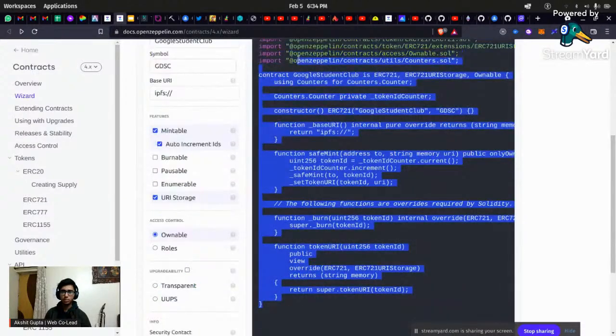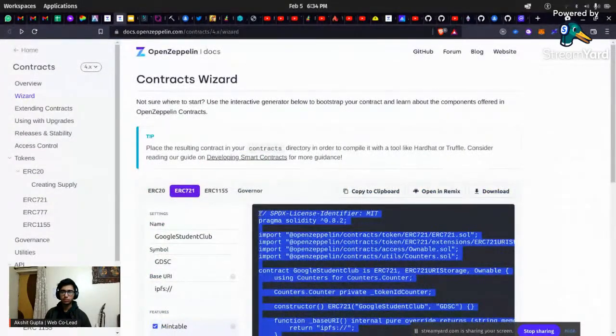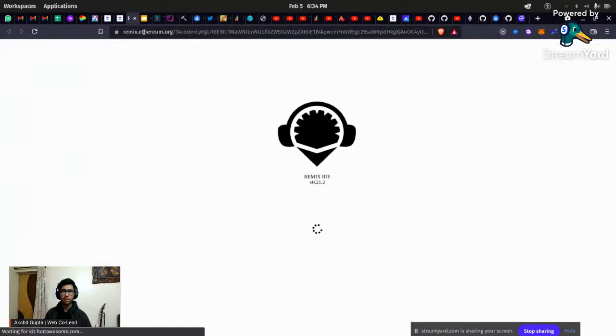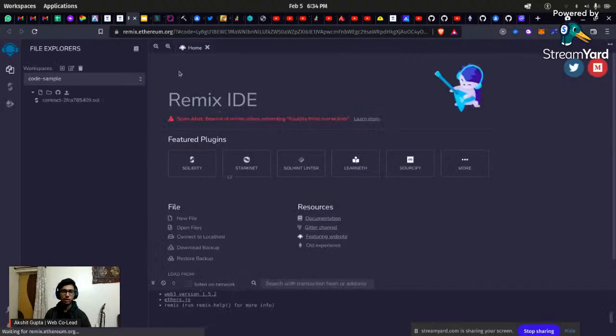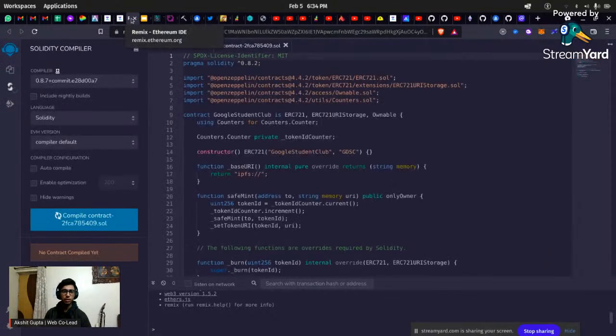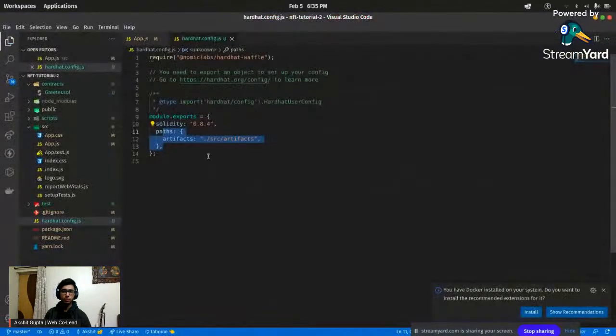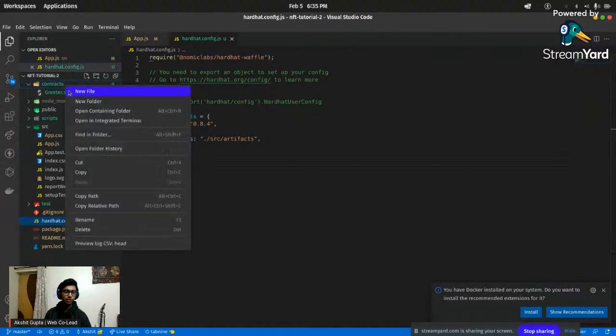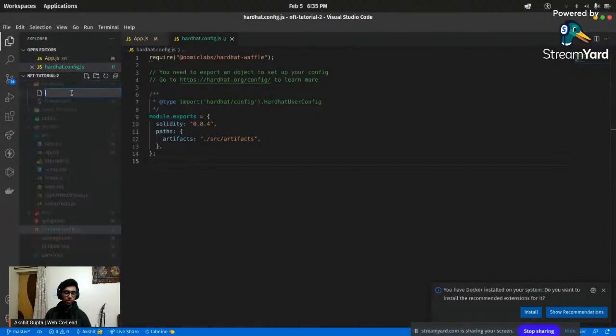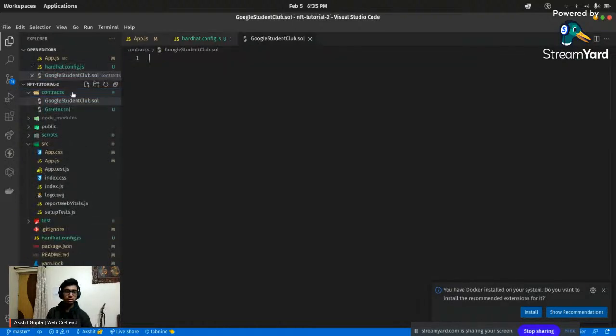We can just pick the smart contract from here, and we can also open it in Remix if you want. If you prefer Remix over VS Code, you can even code it here. But today we'll be going over VS Code only, because I prefer VS Code over Remix as it gives you linting options as well. So I have GoogleStudentClub.sol,